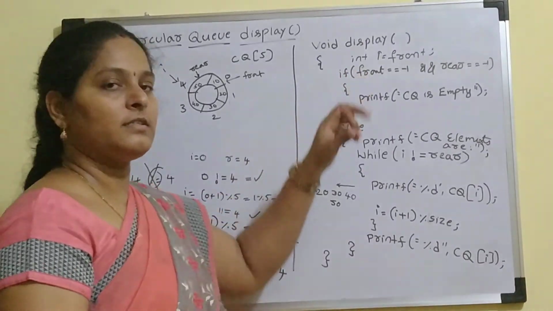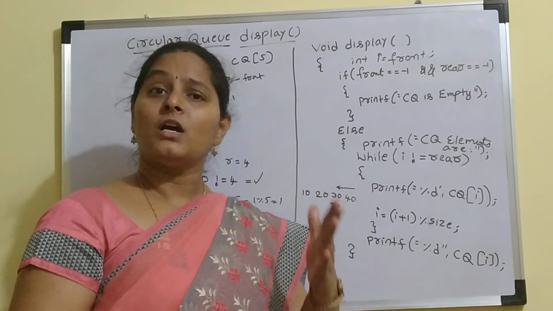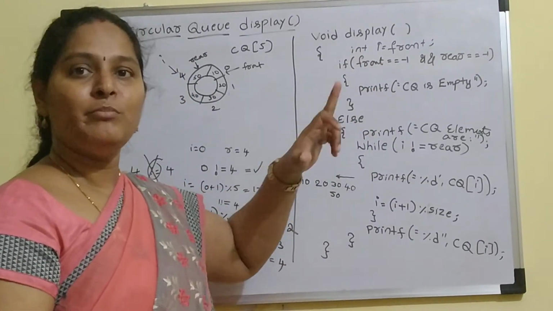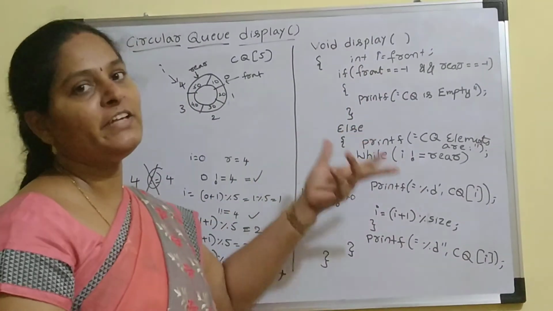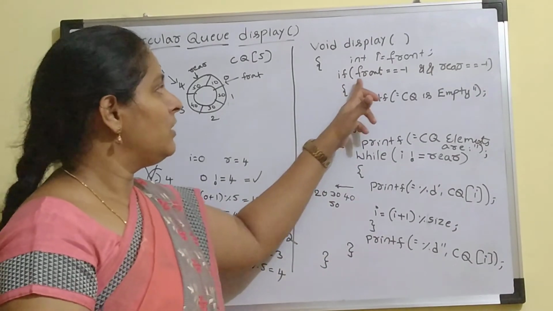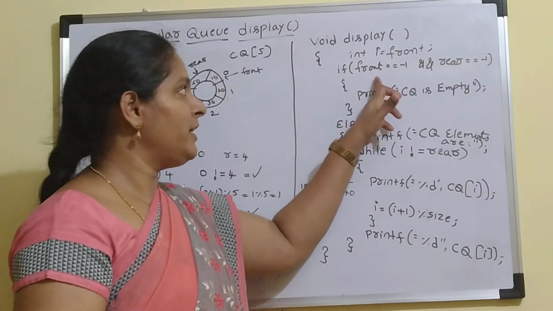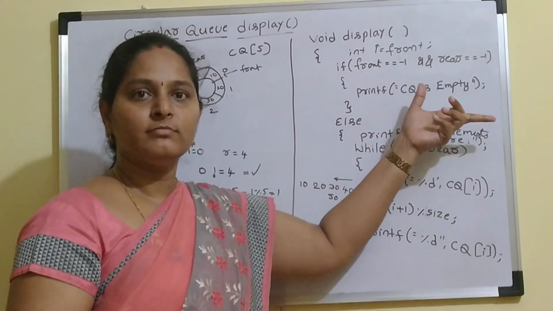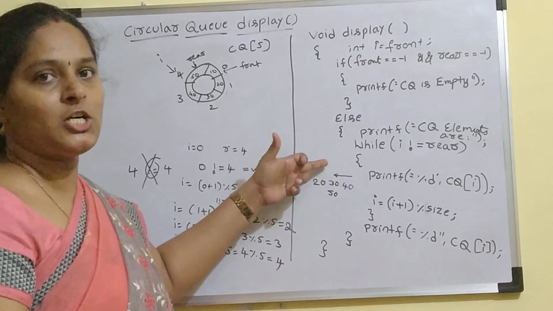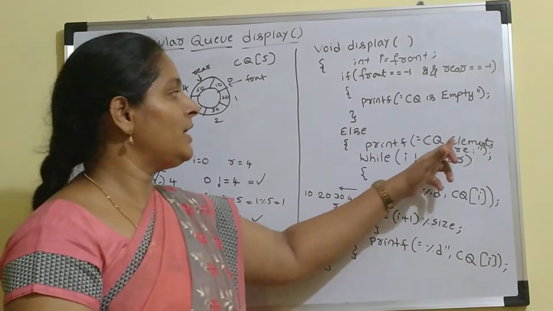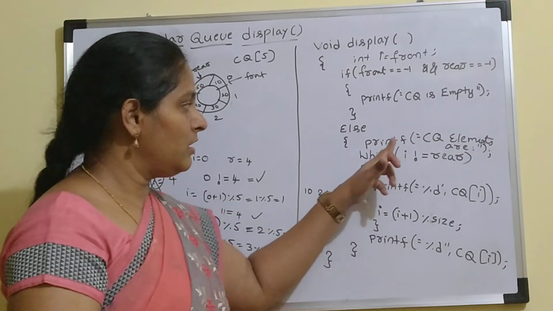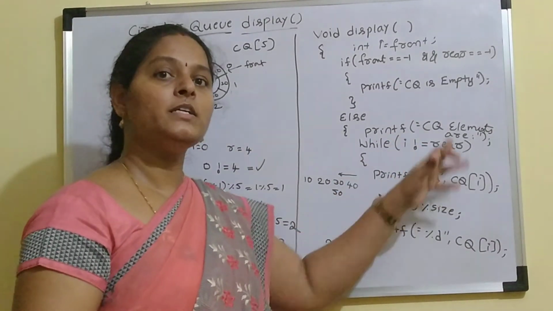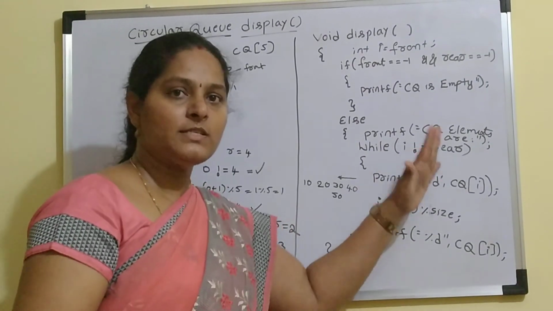Next, if you want to display something, compulsorily the queue should have some elements. So check whether the queue is empty or not. If the queue is empty, we cannot print any elements. So how to check the empty condition? If front equal to -1 and rear equal to -1, that indicates that the circular queue is empty. Suppose your circular queue is not empty, then print the CQ elements. Now check whether I value is not equal to the rear position or not. If this condition is true,